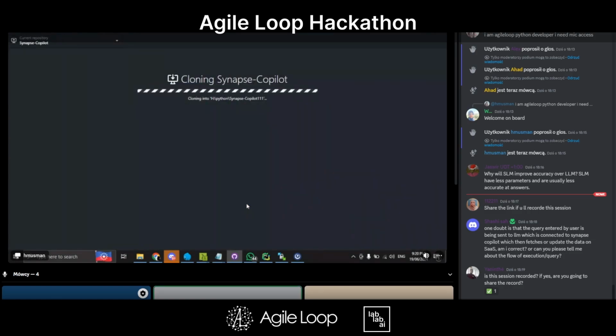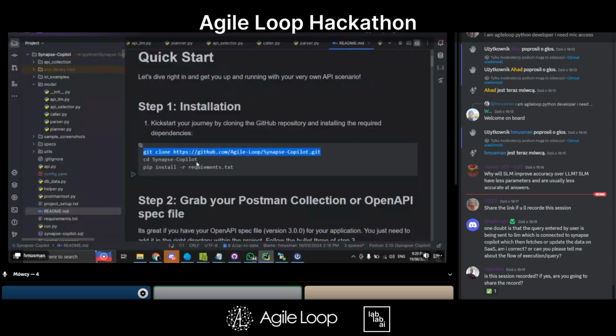So we have two ways to clone the repo: first from GitHub Desktop, and the other from the terminal. Similarly, from the terminal, we will just copy this command and then after that we will